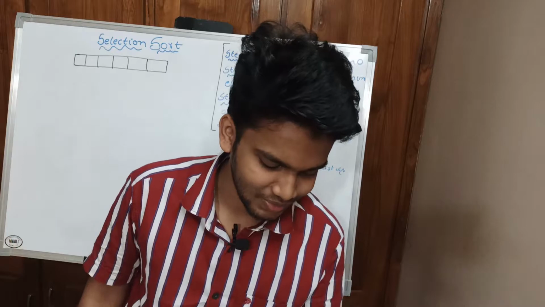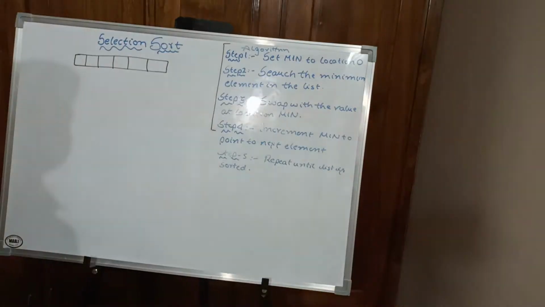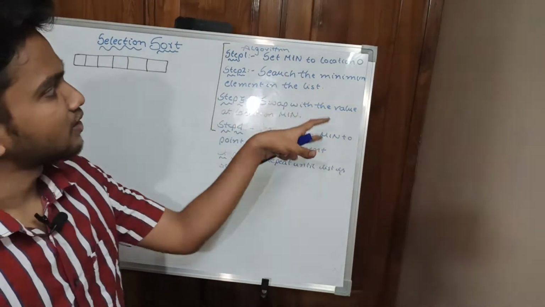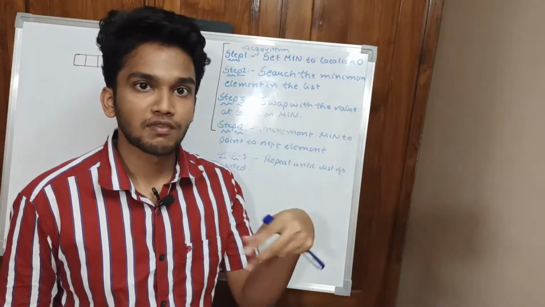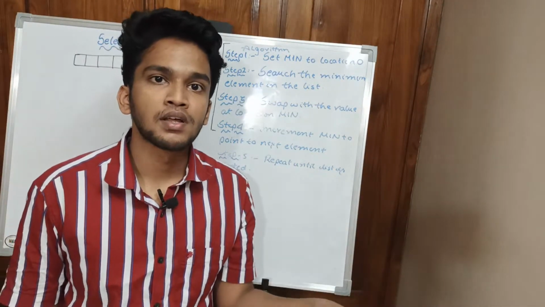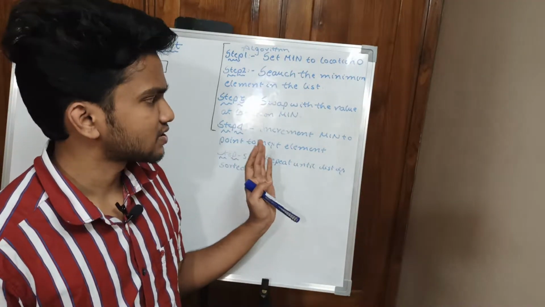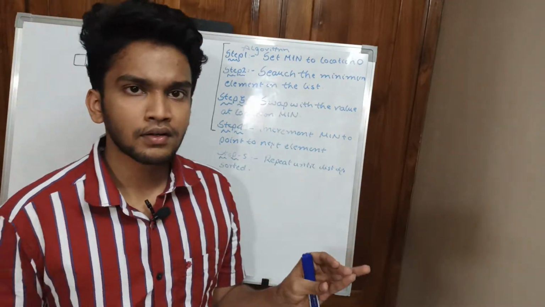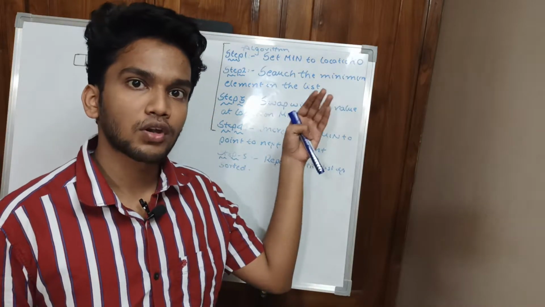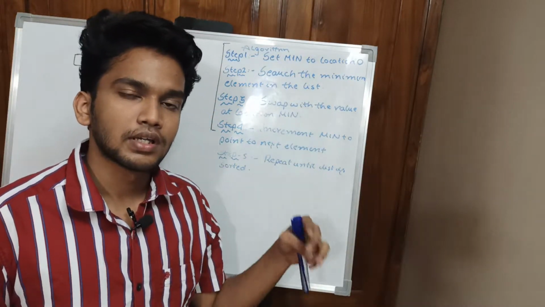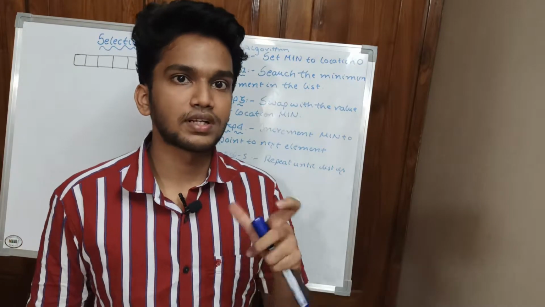Okay, there we go. Here I have not written the code of the algorithm. Why? Because I will explain it in the coding part, then it will be very easy for you to understand. I have just written 5 steps, and for the time being you just follow this step by step procedure. In the coding part I will explain the code that is required.